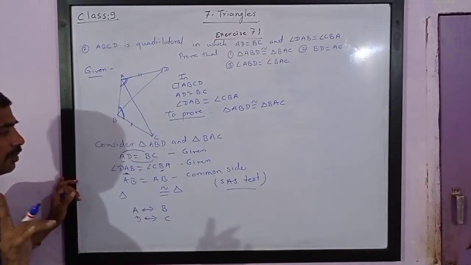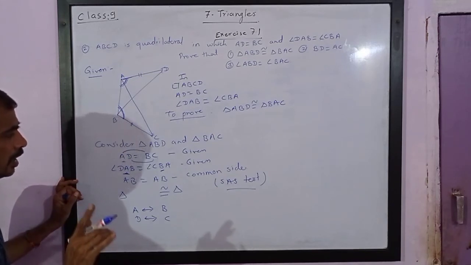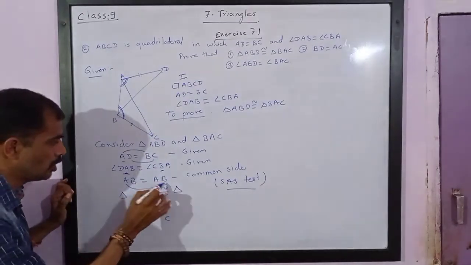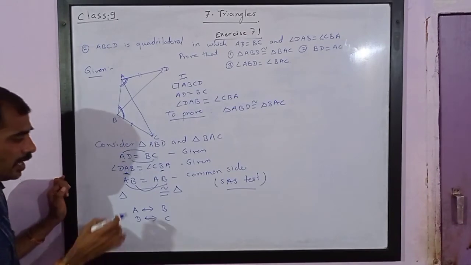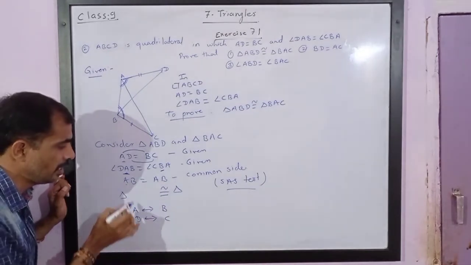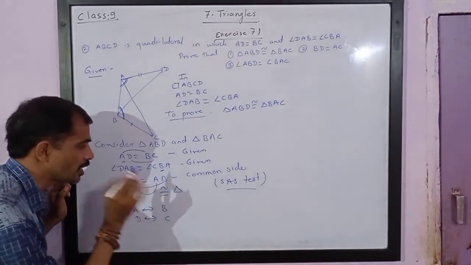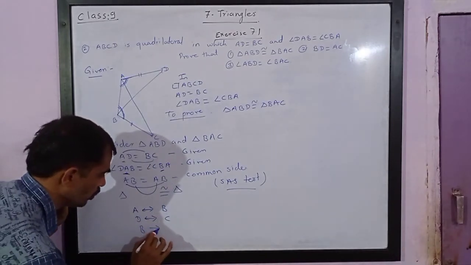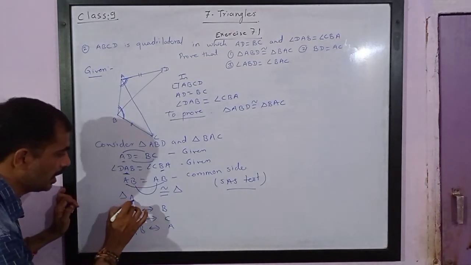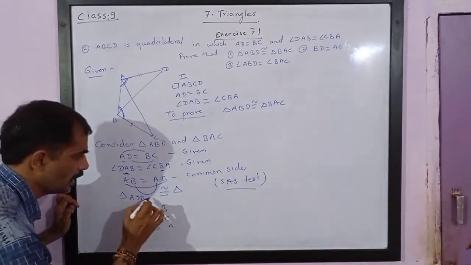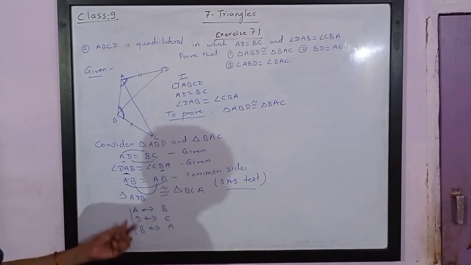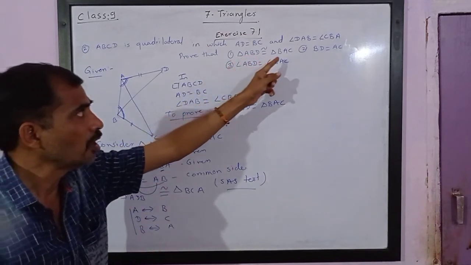This one-to-one correspondence is very important, dear friends. Please note. And in last, A corresponds to B. So B must correspond to A. Are you able to understand? Here, though it is looking like a single vertex, it is not the same. We have already written A corresponds to B. It means B must correspond to A. Therefore, you will get triangle ADB, I am writing from top to bottom, is congruent to triangle BCA.